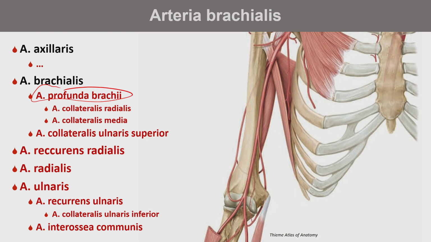This is arising about at the level of the insertion of the latissimus dorsi muscle. And then this artery is going dorsally. We have seen the hiatus tricipitalis, and it is going to the dorsal part of the humerus where the radial groove is localized and is accompanied with the radial nerve. The importance of it is because in the mature skeleton